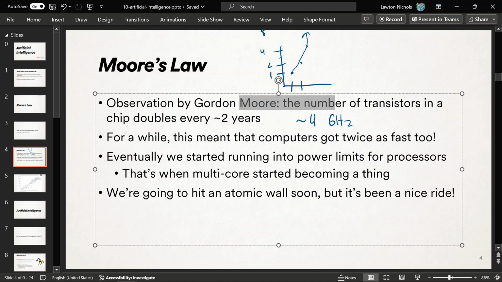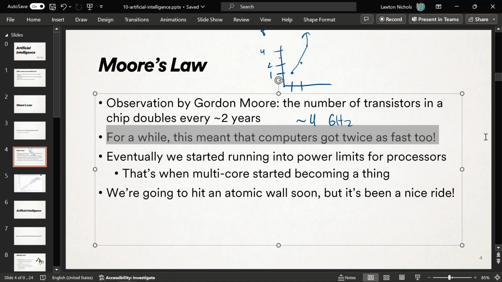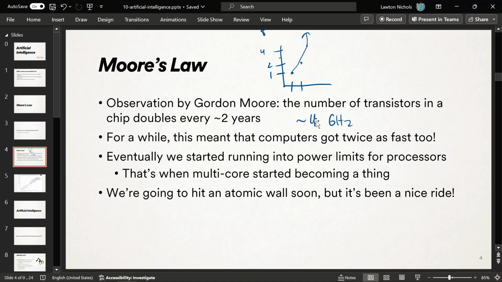We still are usually doubling the amount of transistors every 2 years, so Moore's Law is still applying to us, but computers are not getting twice as fast every 2 years nowadays, unfortunately. We had 4 gigahertz processors back in the early 2000s, totally. So the reason we can't make 8 gigahertz, 16 gigahertz processors, where gigahertz means you can do 4 billion operations inside of a processor a second,